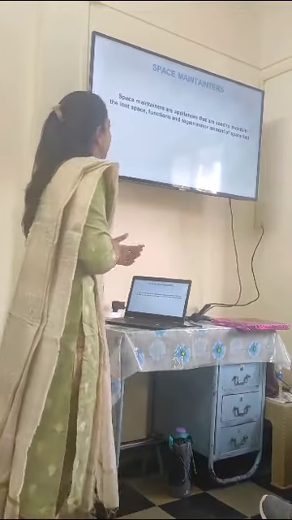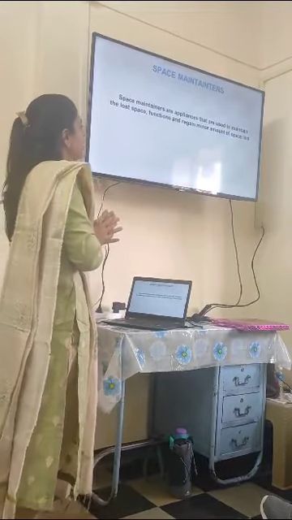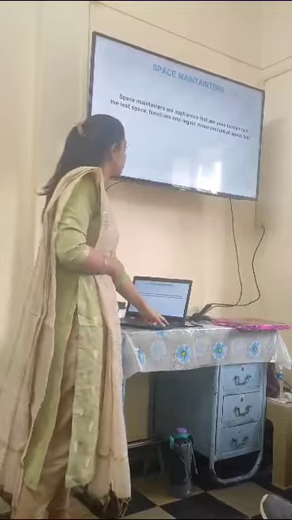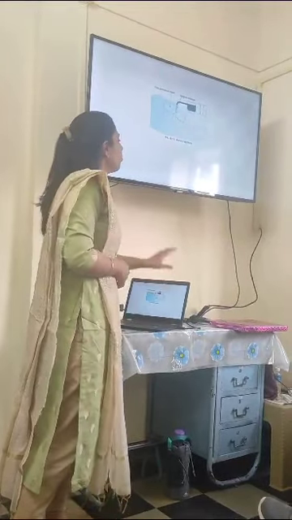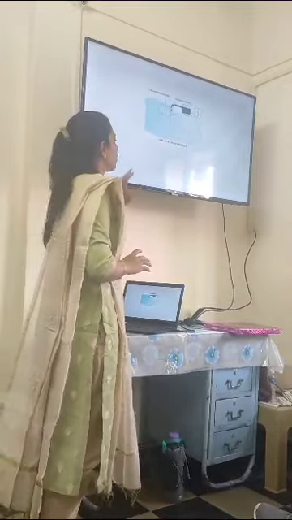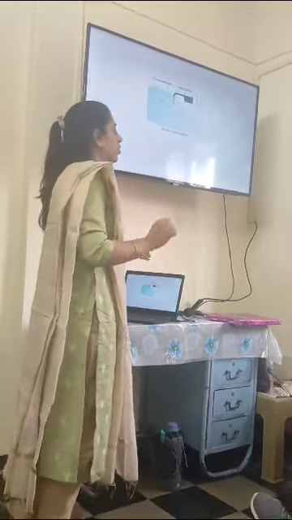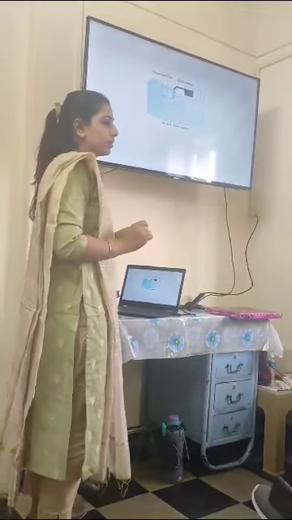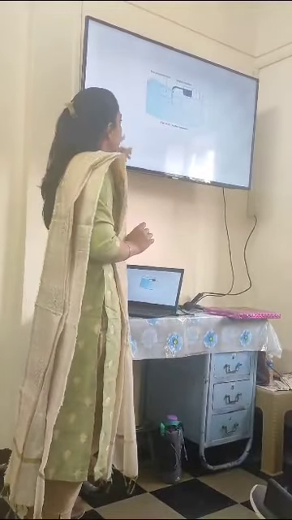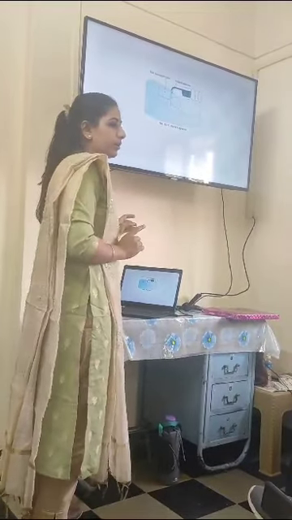Now coming to space maintainers. Space maintainers are the appliances that are used to maintain the lost space, function and regain a minor amount of space loss. The most common type of space maintainer is a distal shoe space maintainer or the Roche appliance. It is done when there is early exfoliation of the deciduous second molar. The deciduous second molars guide the first permanent molar in the mouth.